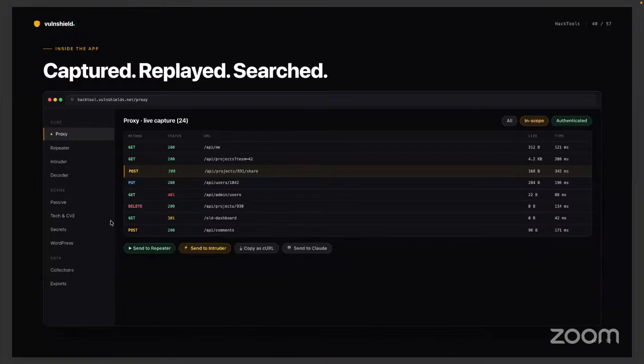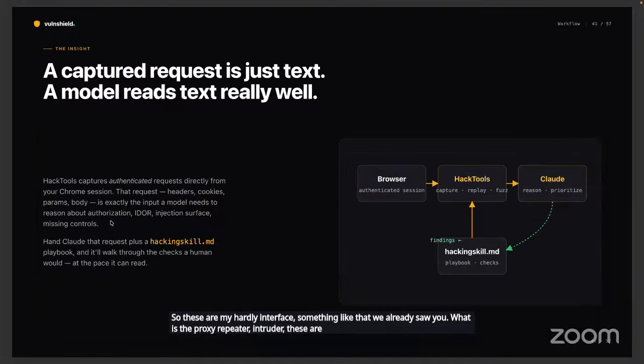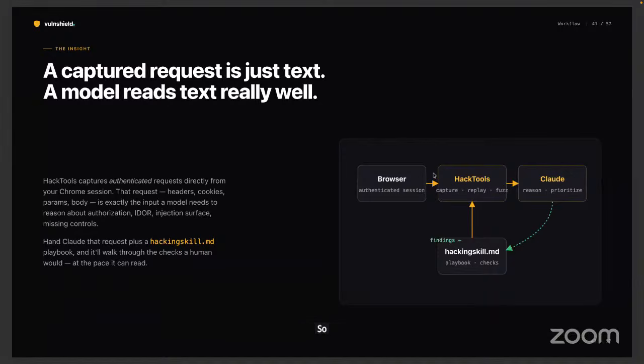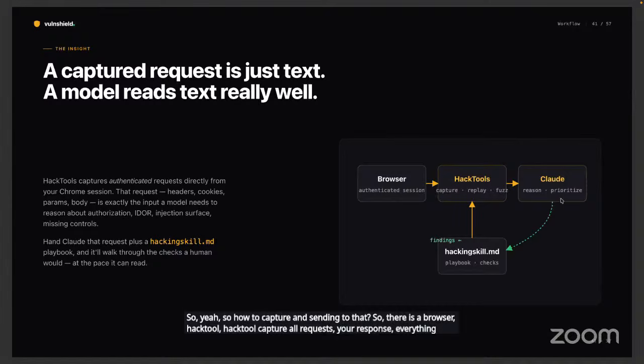So this is my HackTool interface. We already saw what the proxy, repeater, and intruder are. So how does HackTool capture and send it? There is a browser, and HackTool captures all your requests and responses, everything, and sends it to the cloud,